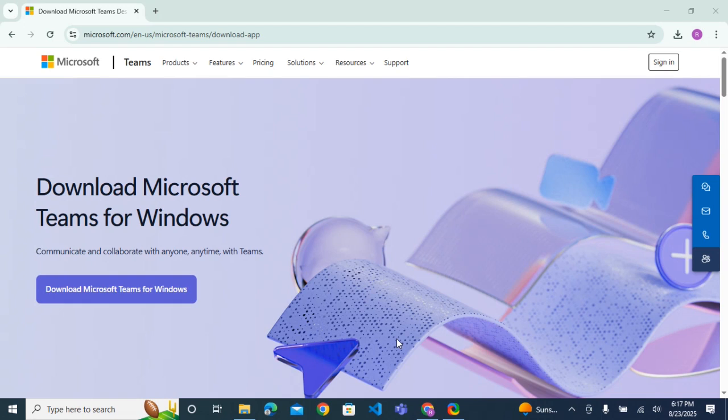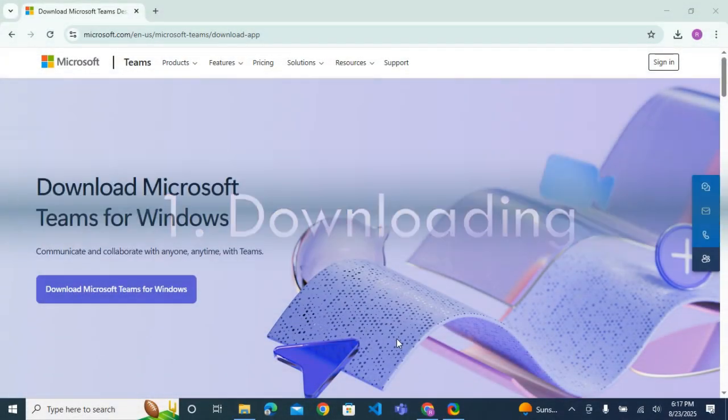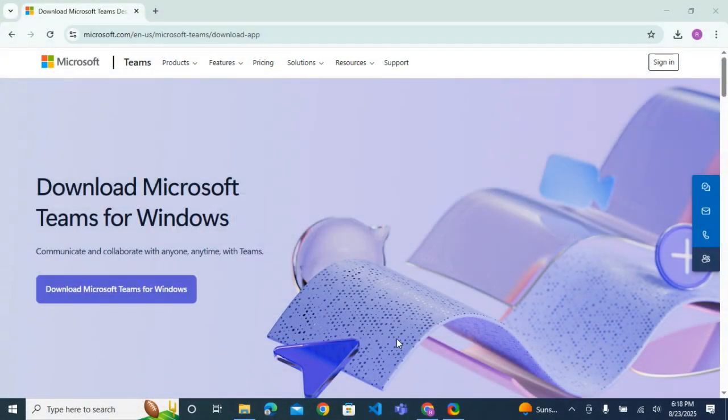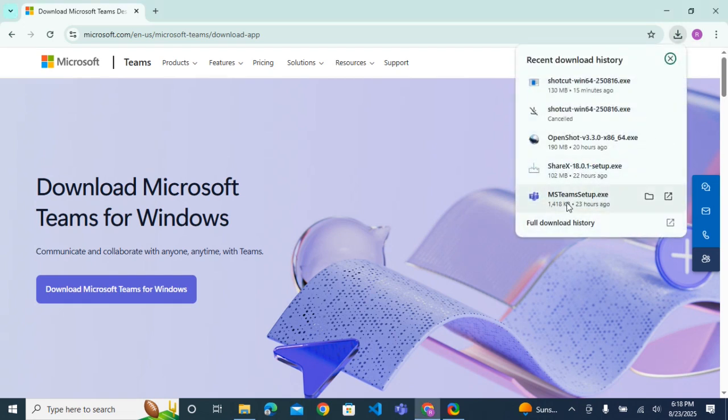So that's out of the way on what is Microsoft Teams, and the next step is to download Microsoft Teams. So how to download Microsoft Teams? You have to first go to Chrome and type the link www.microsoft.com/teams/download, and then this screen will open, and in this screen you will tap this button, and a file will be downloaded, and this will be the file